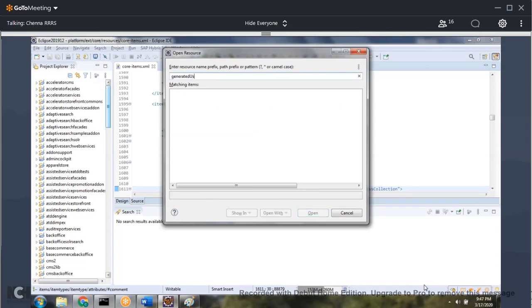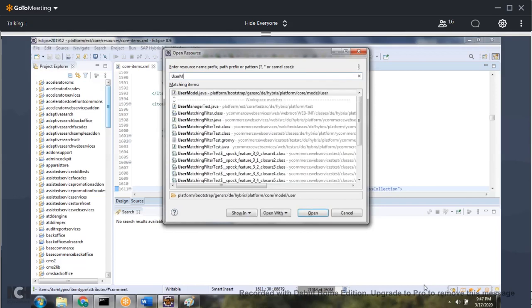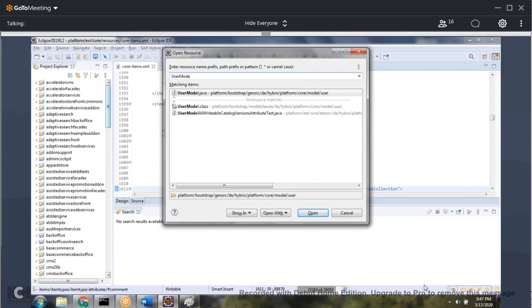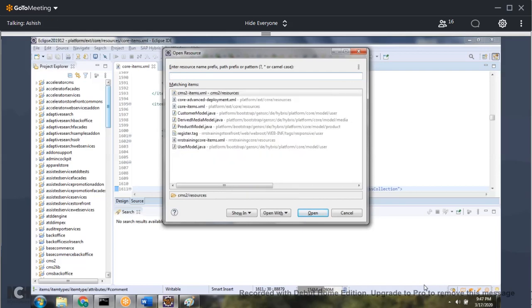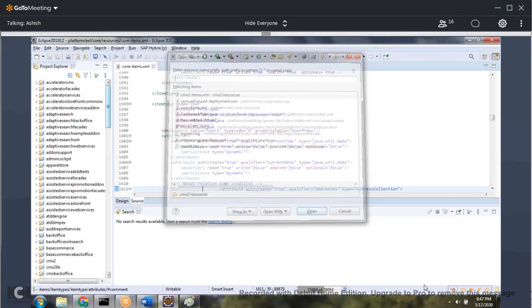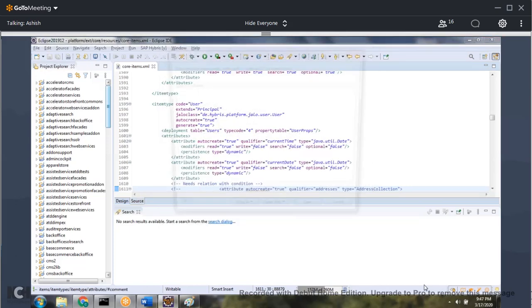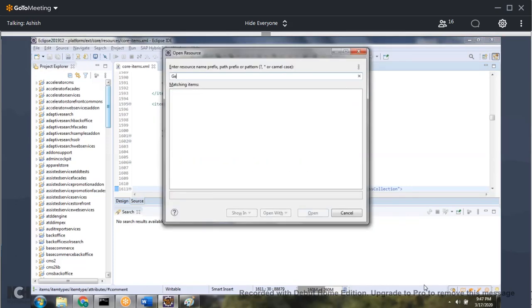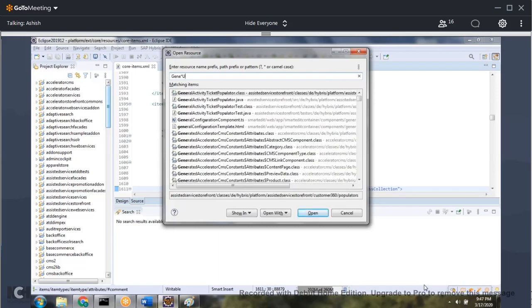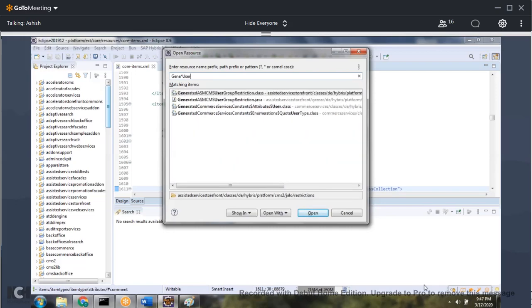I don't see any. Where do you see? I read on the SAP help.com that when we create, it is like user model.java, and there is a generated user.java. Not user, but there are other classes which we are generating from the items.xml. I'm not sure.